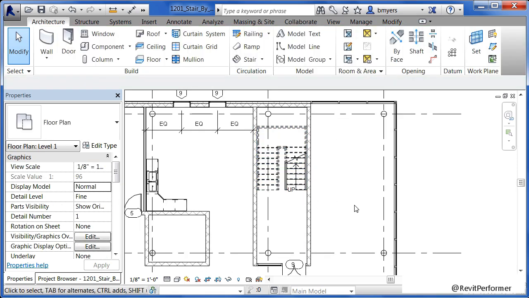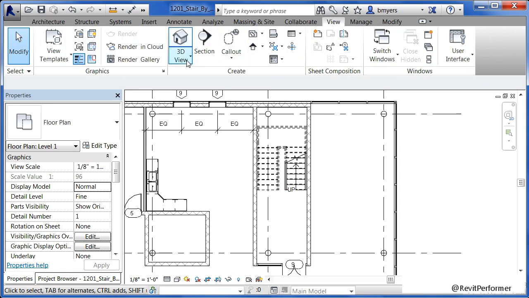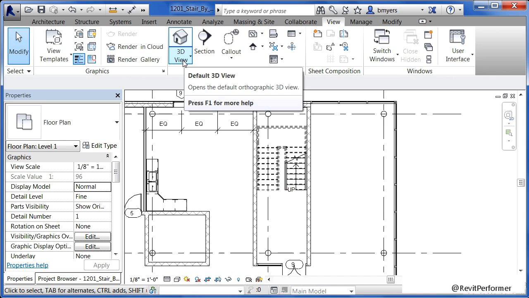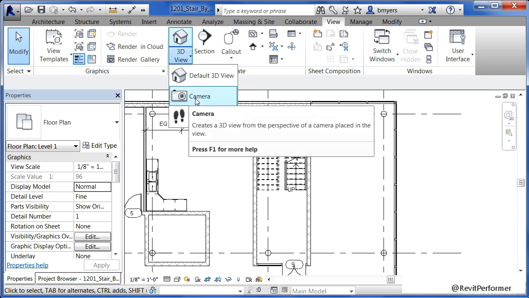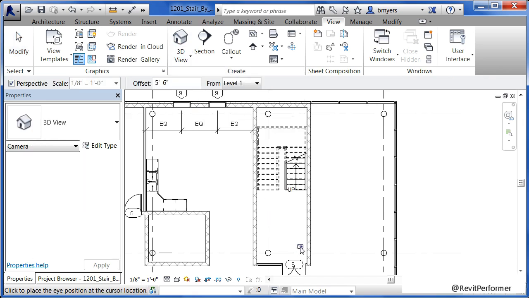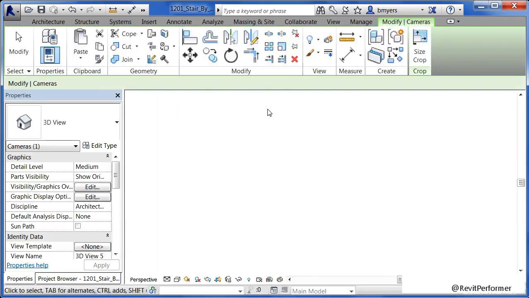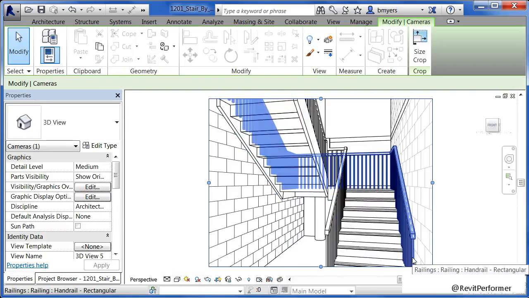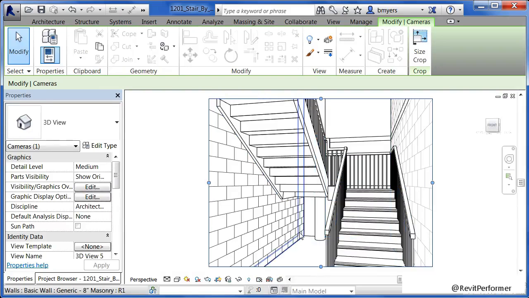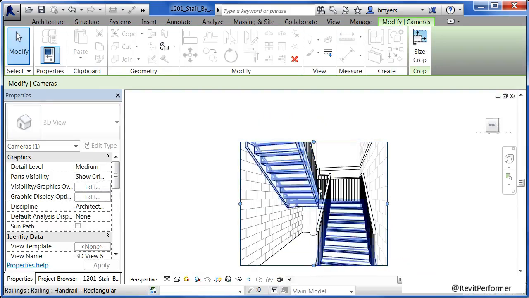And then it will draw in that staircase. Let's take a better look at what this staircase actually looks like by putting a camera inside of this space and taking a photo in this direction. To do that, you just come underneath the View tab, move over here to the Words 3D view, and then pick Camera off of the list. Stand just inside of the doorway here by clicking, point the camera in this direction, and then click. When you do this, you'll now have a nice picture of what the inside of this staircase looks like.